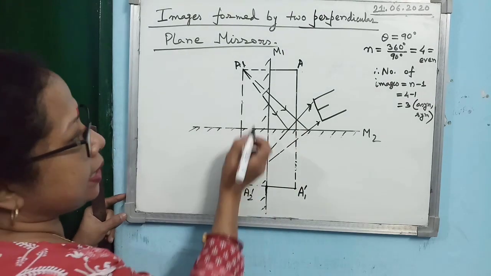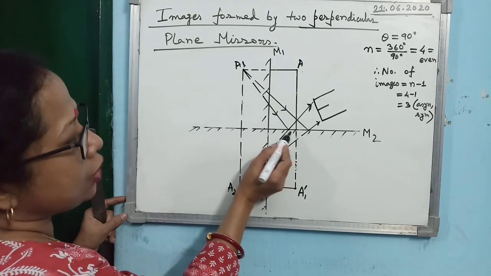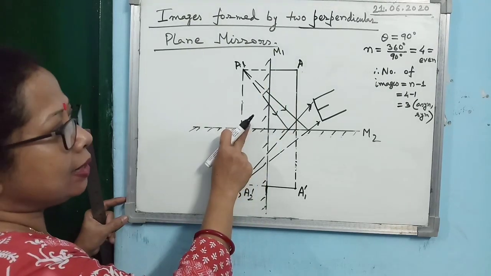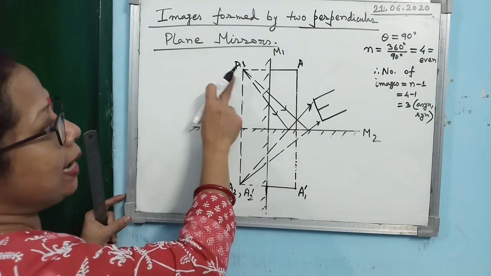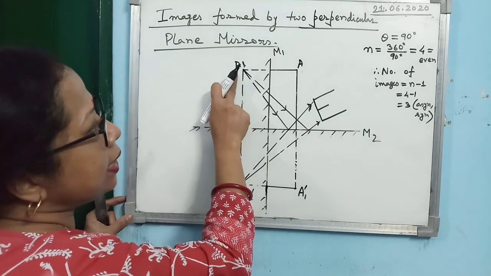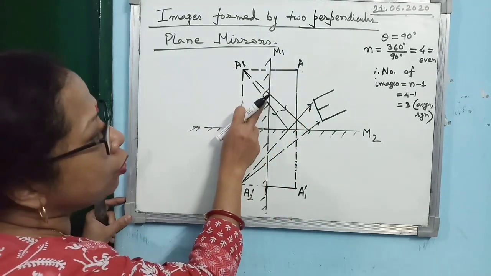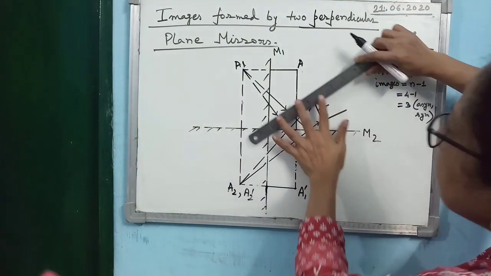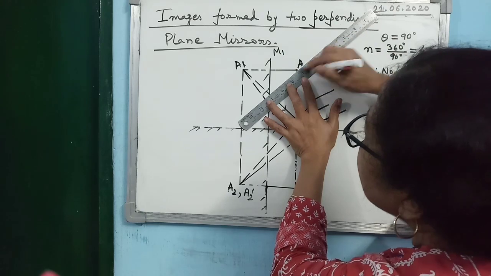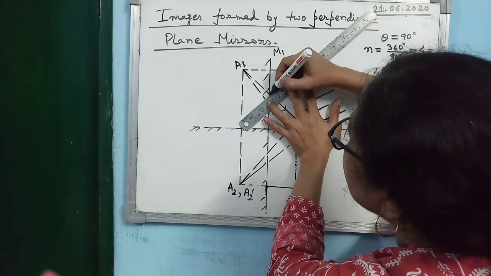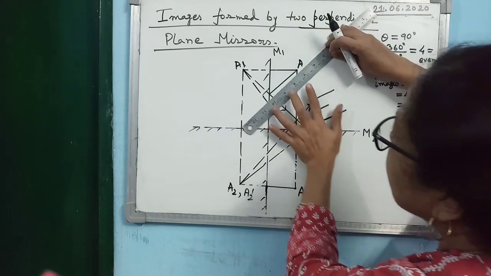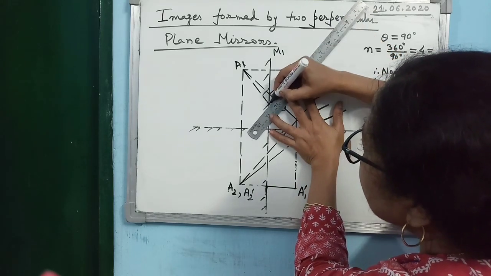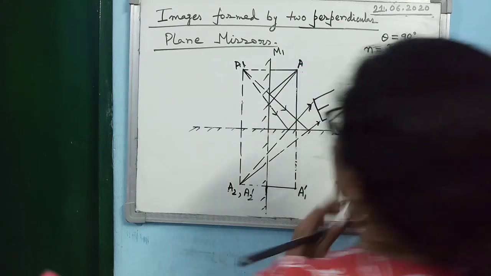Alright, now you see, here again these 2 lines you have drawn intersect at point M1 here. With what must you join them? With the object. Now A1 is the image of what? A1 is the image of A. So with what should you join these 2 points? With A. So you just hold it here. The entire line is coming in front of the mirror, so it should be drawn as a solid line. Then again you do the same with the second line. So you join it with this one.